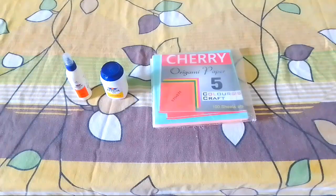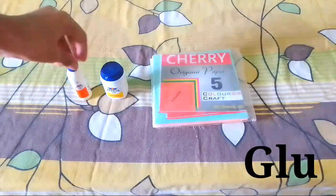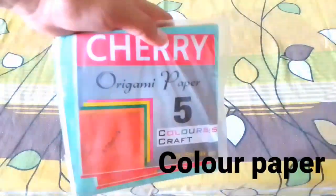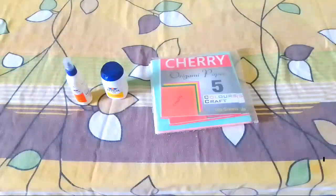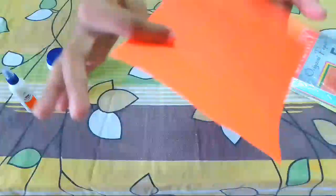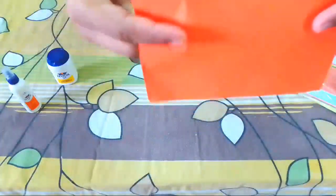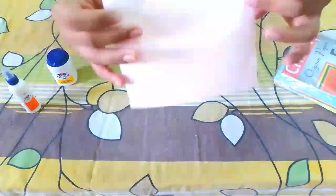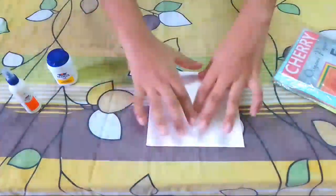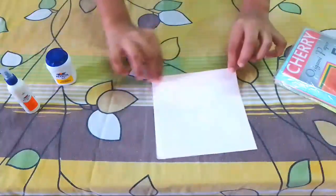We need only two things, glue and origami paper. So let's start. First you have to take an origami paper. I have taken orange color paper. Now turn it to the colorless side. Keep it. Now take one end